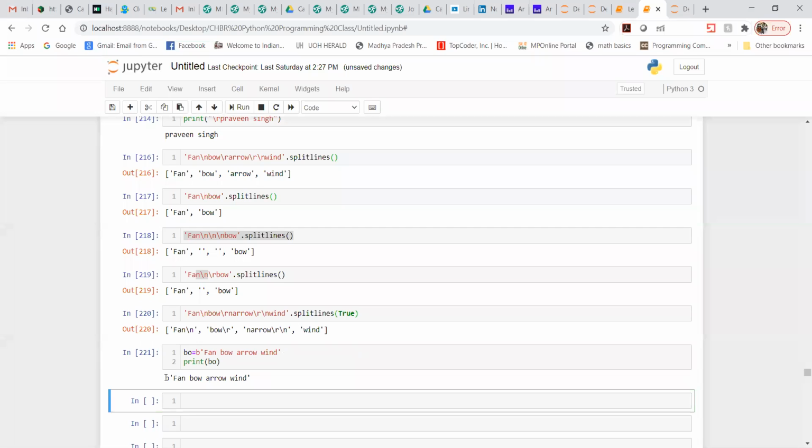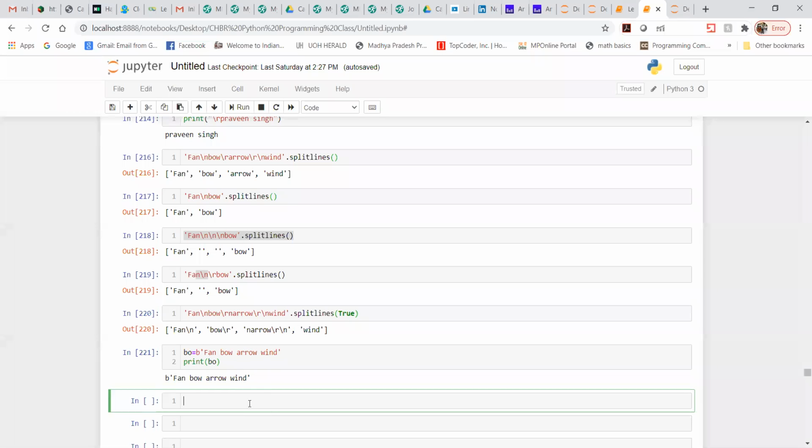We get output the same as the input. Now let me write something: I wanted to know the type of this input.